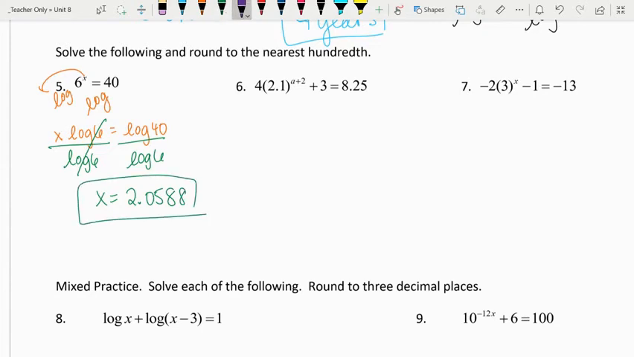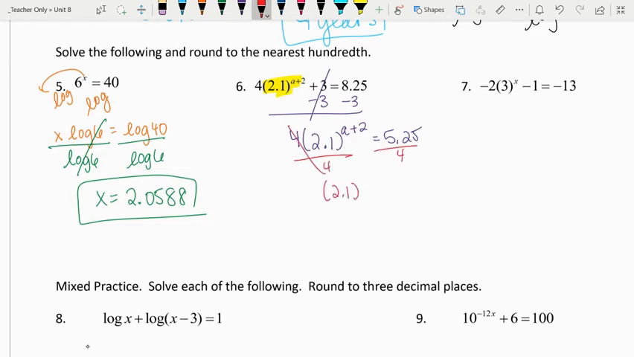On number 6, I need to isolate my base first, right? So in order to do that, I need to subtract 3. So we have 4 times 2.1 to the a plus 2 equals 5.25. Then we're going to divide both sides by 4. 2.1 to the a plus 2 equals 5.25 divided by 4, which is